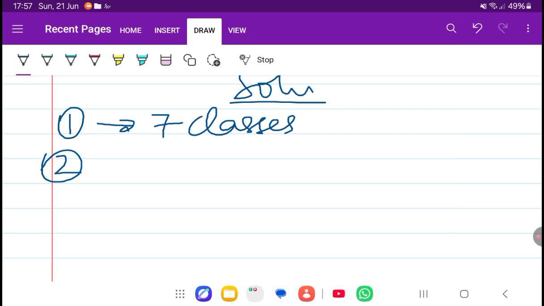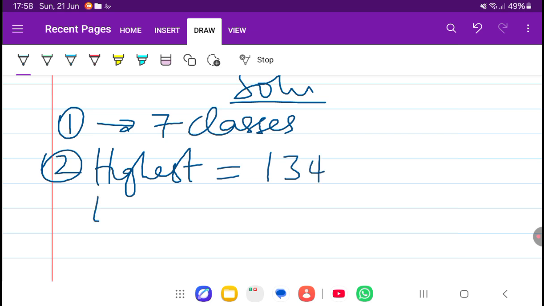they want us, we say we find the highest and the lowest value. Highest value was 134. Then the lowest value is 100. That is step 2. Step 3,